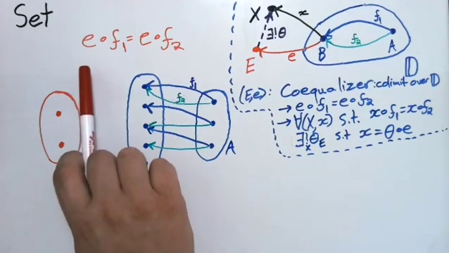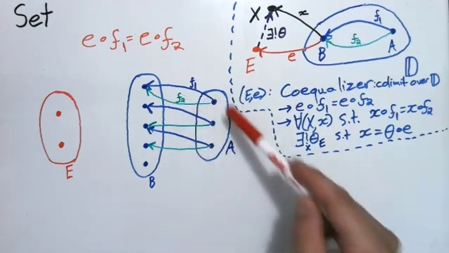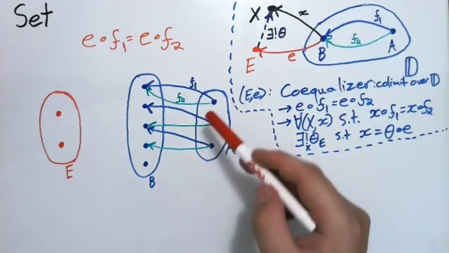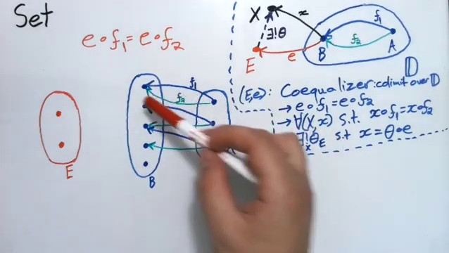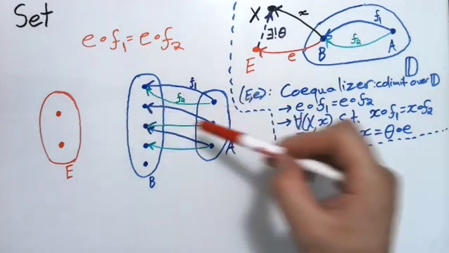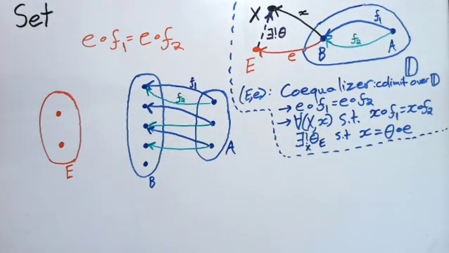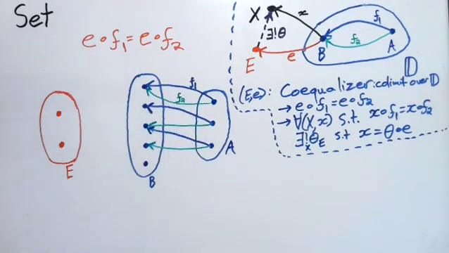And so that gives us that E after F1 has to be equal to E after F2. So now that we're in set, we can talk about the elements within sets, and we can talk about how they map under different set functions. So let's suppose that the blue arrows here represent the mappings of F1, and the green arrows here represent the mappings of F2. So another way of stating this condition is to say that E left equalizes F1 and F2,